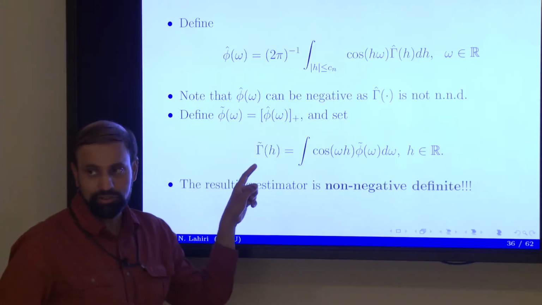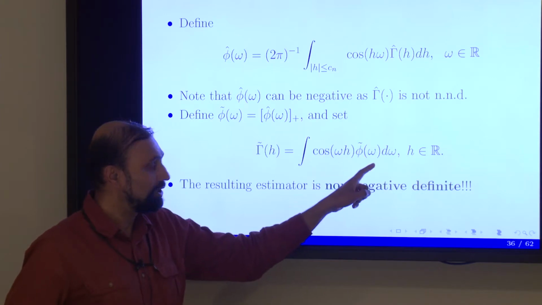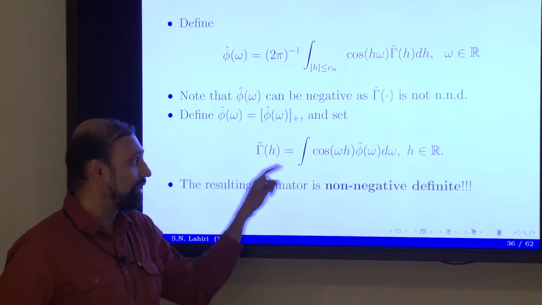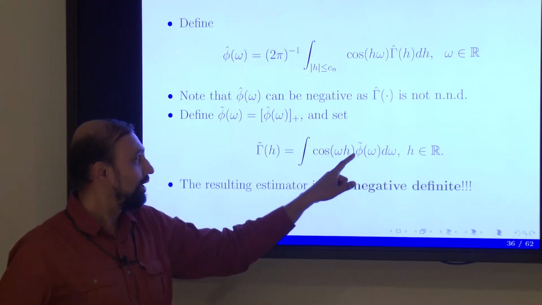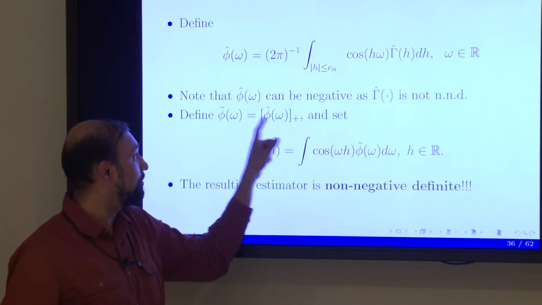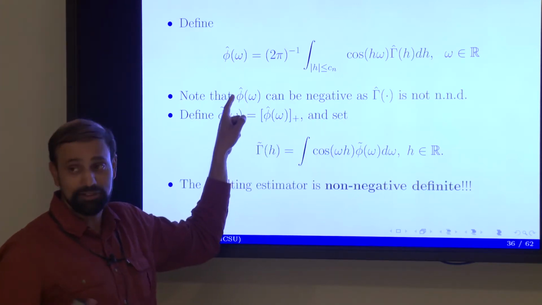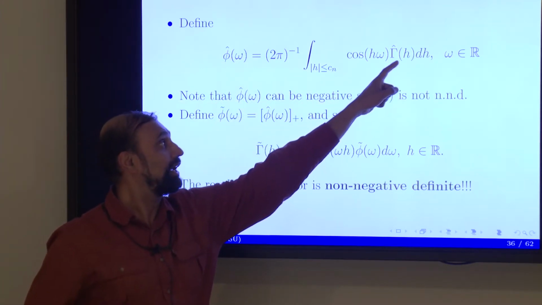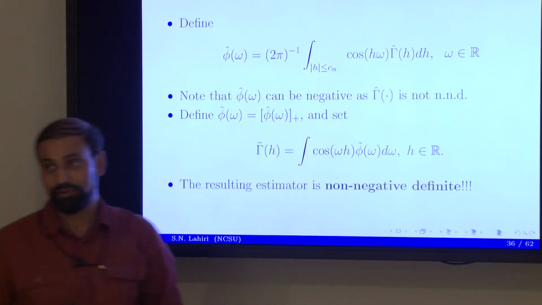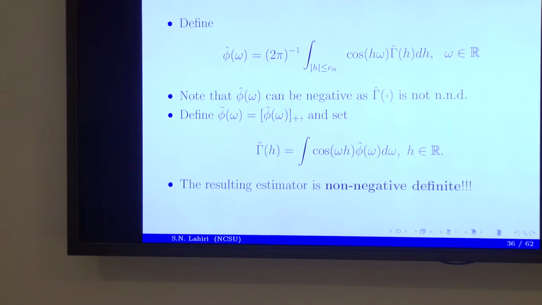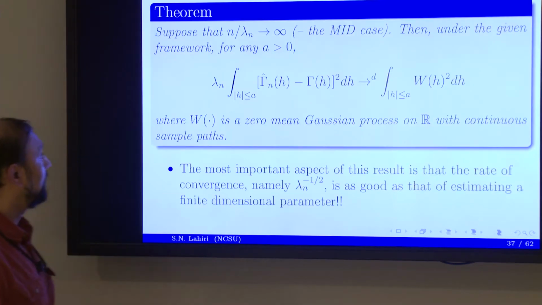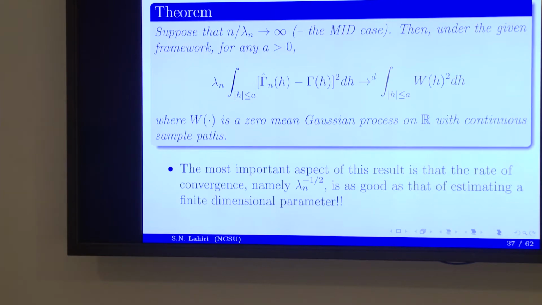So this minus gamma h, you look at phi tilde minus phi. The L2 norm of phi tilde minus phi, phi is non-negative, would be less than or equal to the L2 norm of phi hat minus phi. L2 norm of phi hat minus phi would be determined by gamma hat h restricted to this set, that is finite. So this would be well defined, but with whatever tricks. And this is non-negative definite. And this is the property that was proved by Peter Hall and his co-authors.